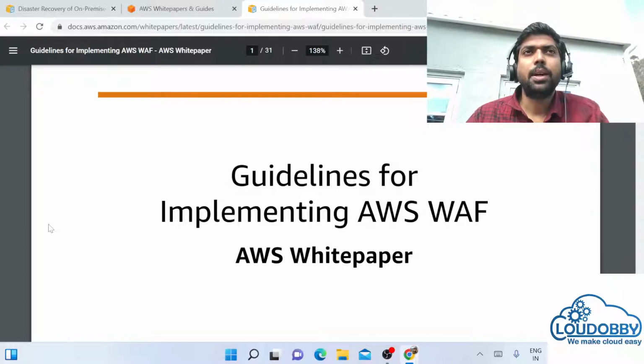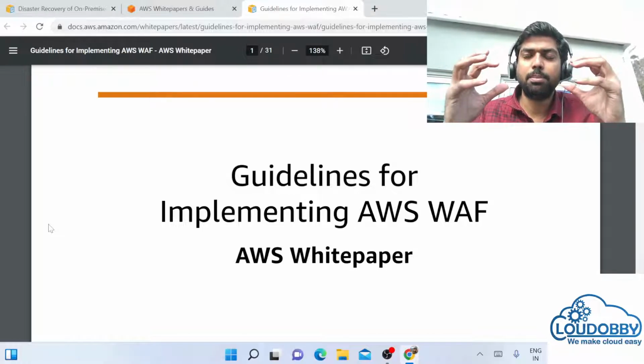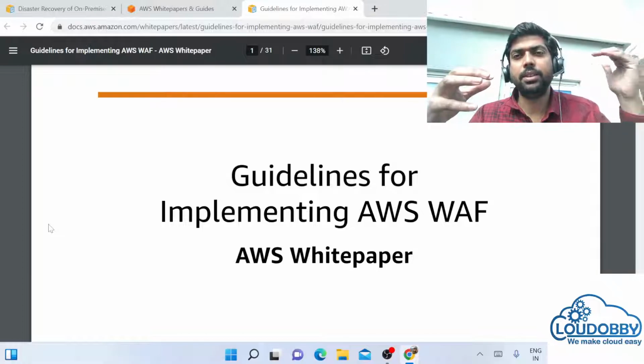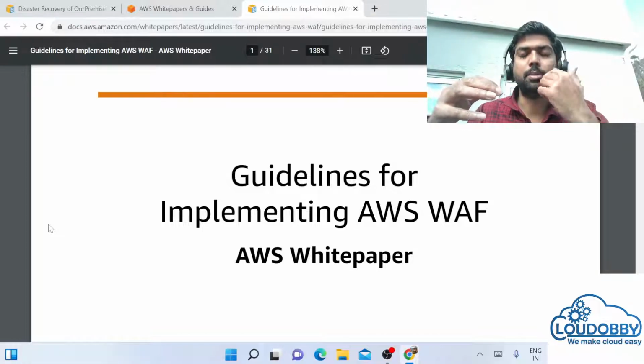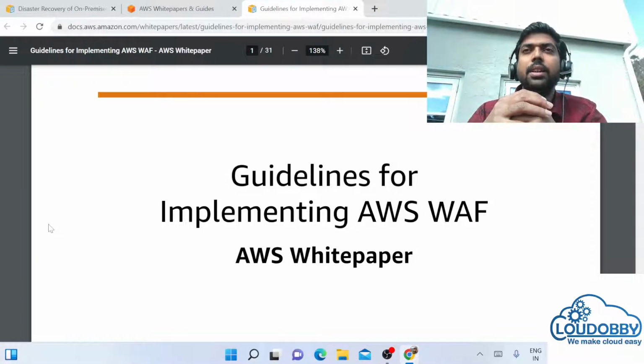So the firewall service in AWS is WAF, which is called Web Application Firewall. As it says, we need a firewall to block connections. For example, you have an application or web page, and it is reached from your browser using port numbers like 8080 or 443, HTTP and HTTPS.